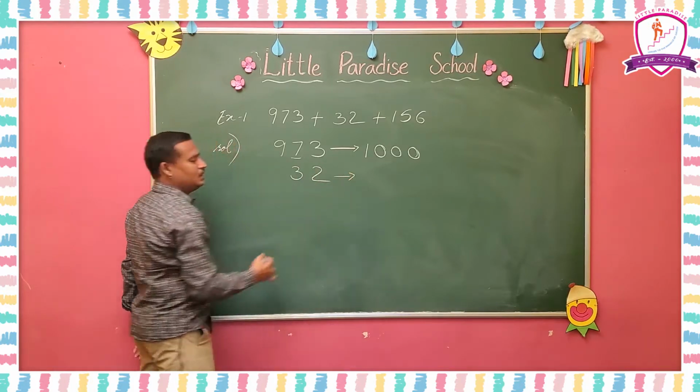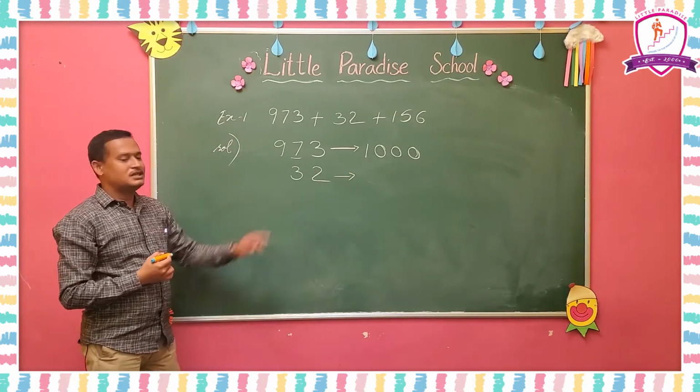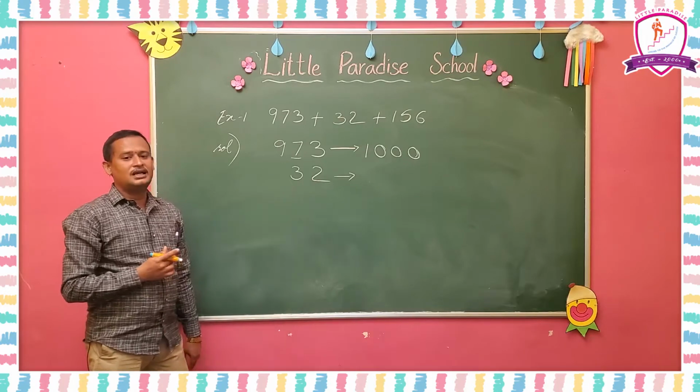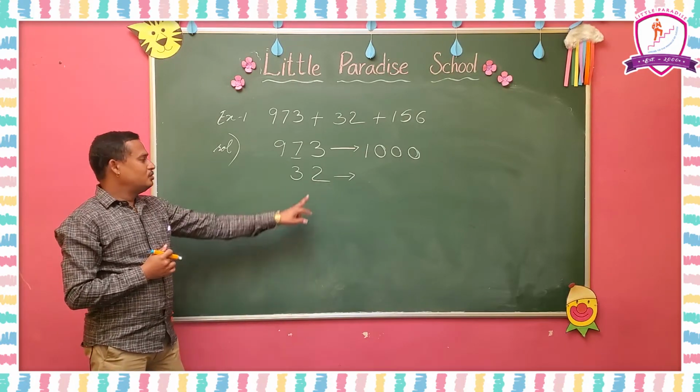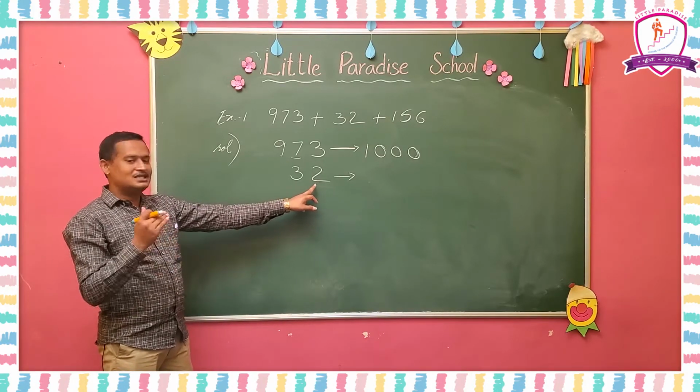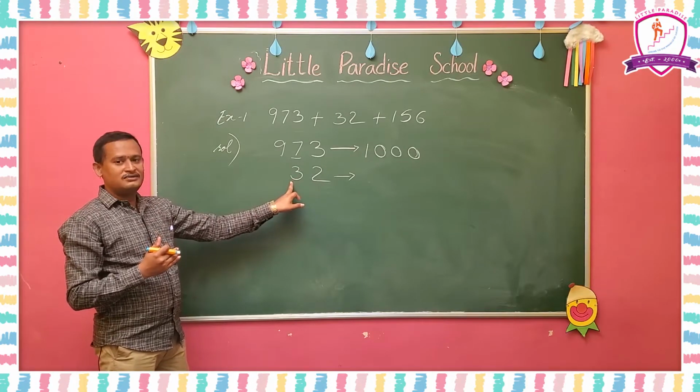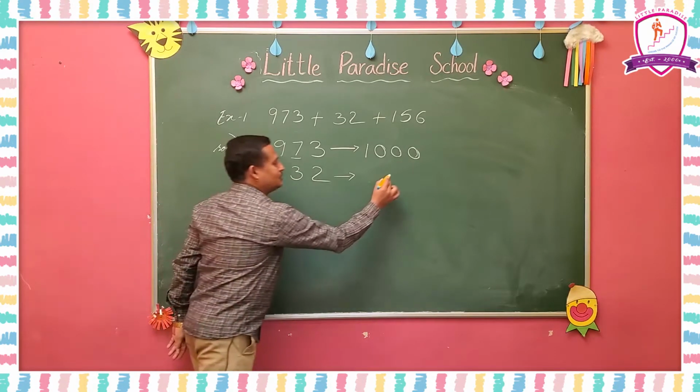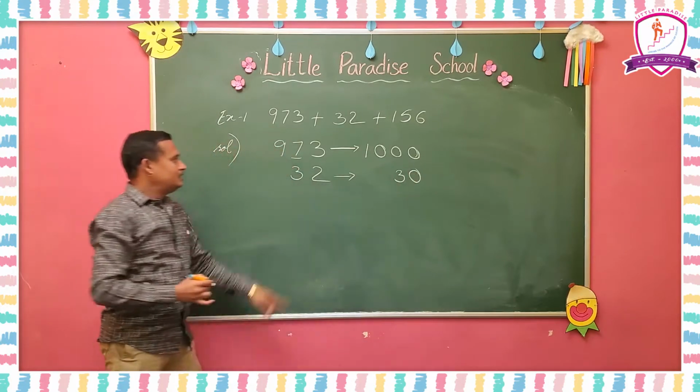32. Here we round to the tens place. In the ones place what number is there? 2. 2 is less than 5, so the tens place will not be changed, 30 will be there. So you have to write 30 here. And next,